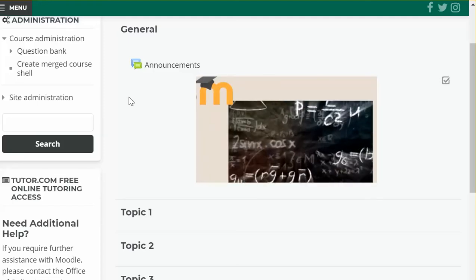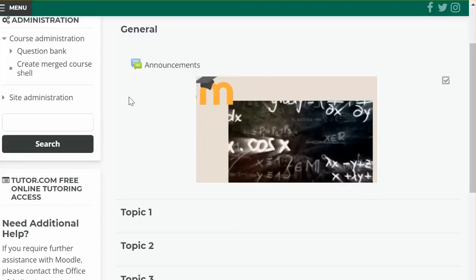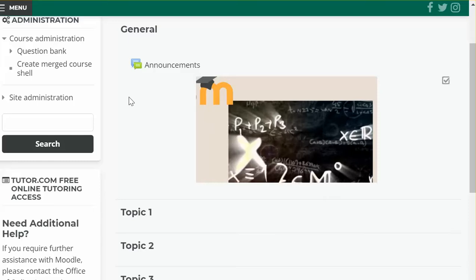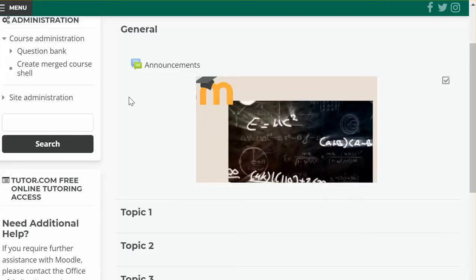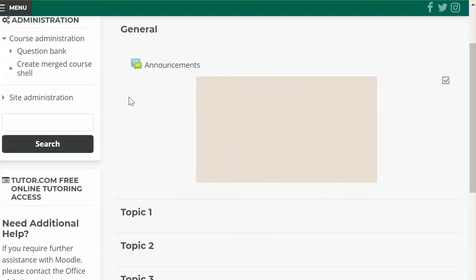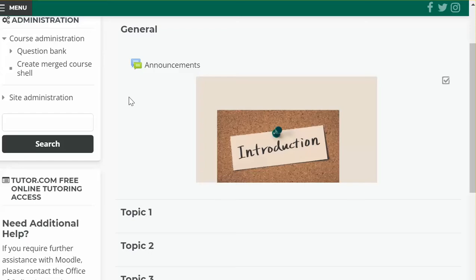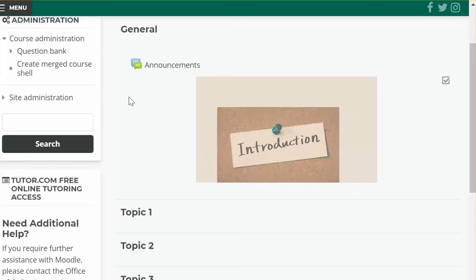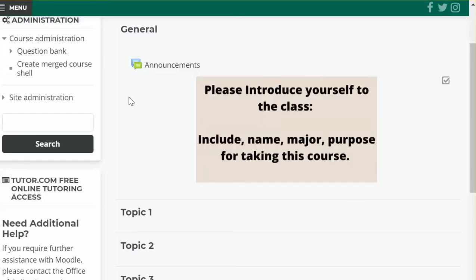Now, like I said, this can be customized any way you want it. This was something I was just playing around with, so it's not cohesive. It doesn't have any important information on it. But just imagine the possibilities of an introduction video with yourself, a picture of yourself as the instructor, more detailed information on what your students need to incorporate into their introductions,